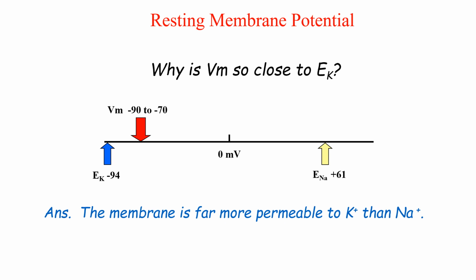If we think of a situation in which the membrane characteristics are altered in such a way that it becomes more permeable to sodium, what will happen? In that situation, the resting membrane potential will be closer to that of sodium. So in this slide, we want to emphasize the point that the selective permeability of a cell membrane is an important key determinant of the resting membrane potential.